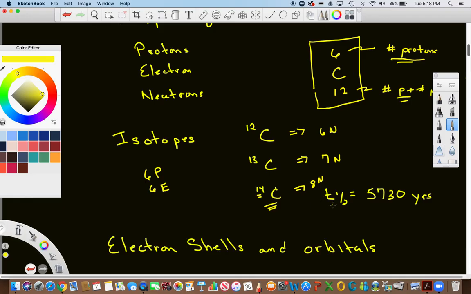Carbon-14 is radioactive. It has a half-life of 5,730 years. And it can be used then to determine the age of organic materials, up to roughly 50,000 years old, with pretty decent accuracy. After that, you may have to turn to potassium isotopes, but then again, this is for living organisms.